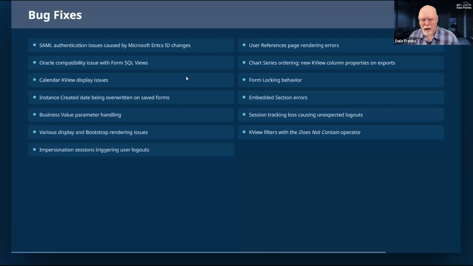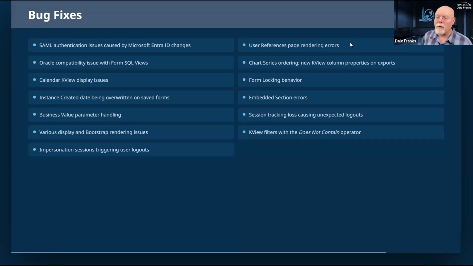We are as keen to meet that deadline as you are. So we are still getting a couple. I think we went through a big process of getting rid of these display and bootstrap and accessibility issues near the end of last year. As that deadline draws close, we're getting a couple more trickle in, and if you have some, please report them. Some weird things like impersonating a user would force that user to log out.